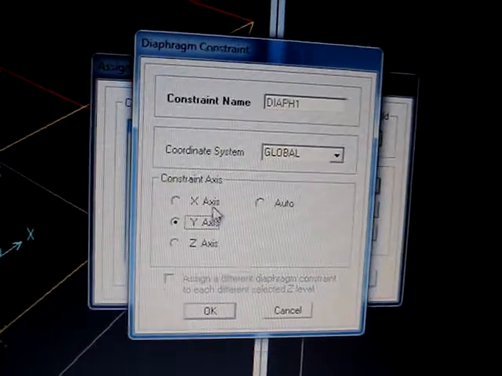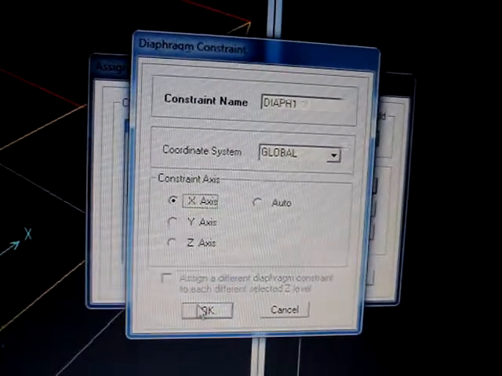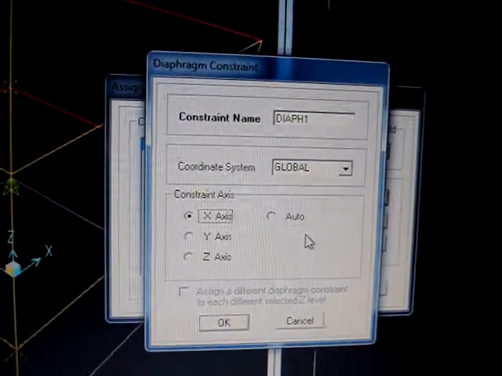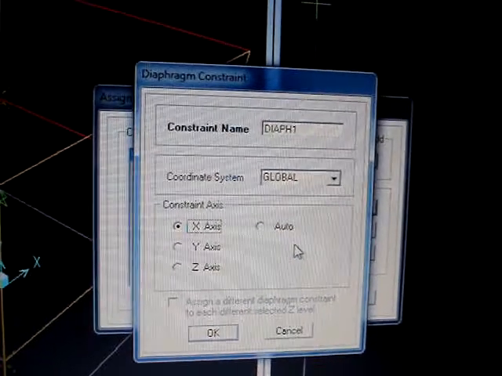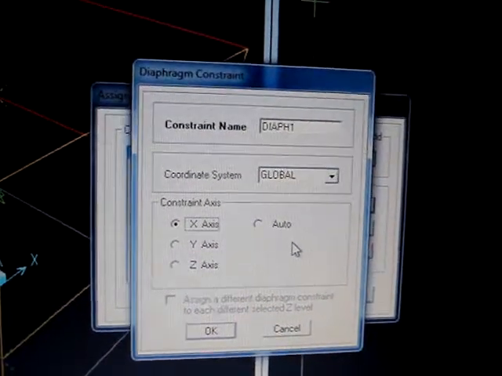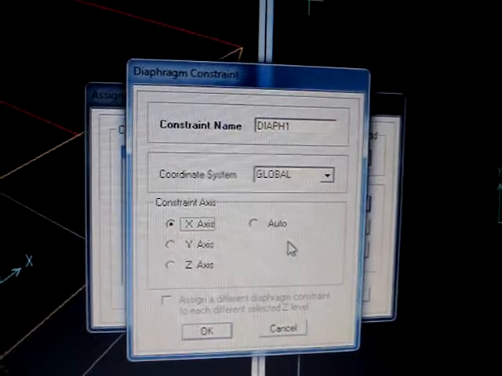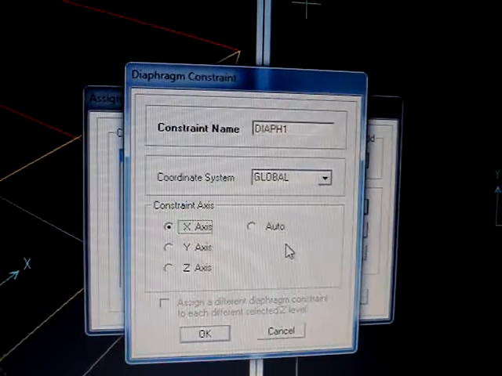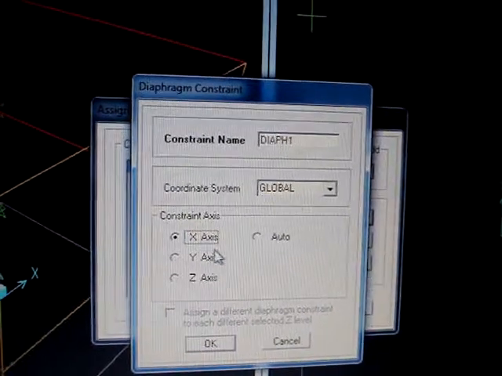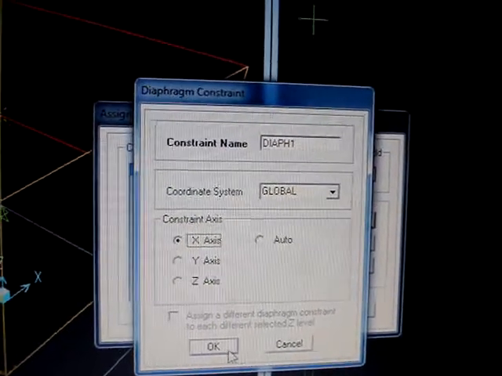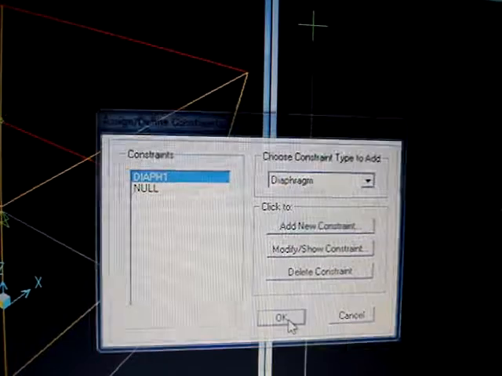For example, I am keeping it as x axis, and there is also an option of auto. In auto, it will select on its own the direction in which you are applying the shear force, and make it move as a single unit in that direction. So if you apply the force in the x direction, just keep it as x axis. Do OK, do OK.